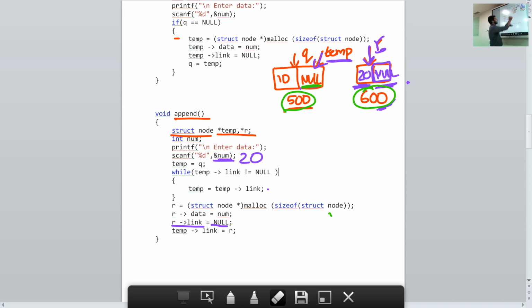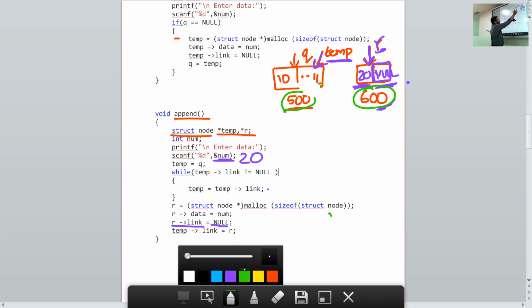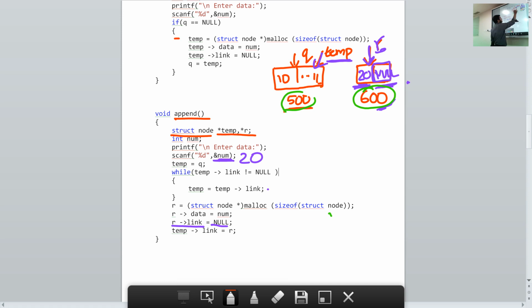If you want to link the two nodes, in the address part of the first node I should be storing the address of the second node. So I want to store here the value 600, because 600 is the address of the second node.